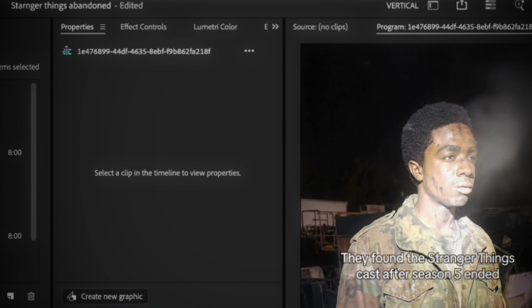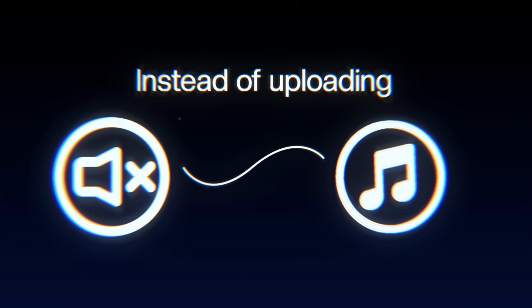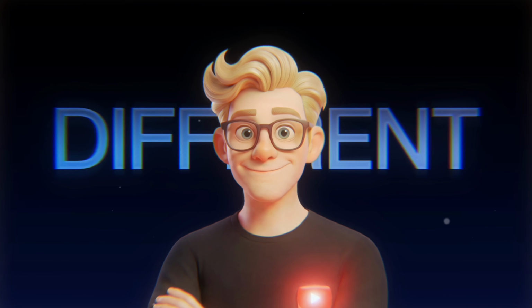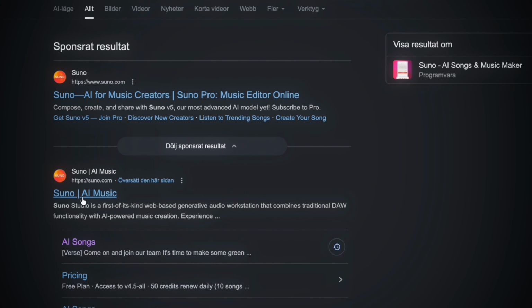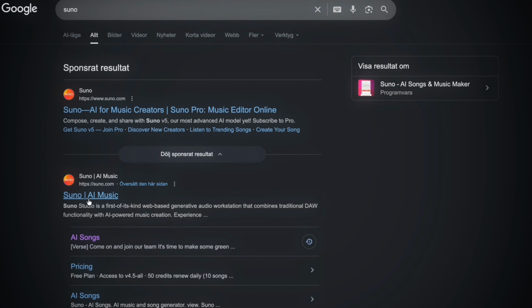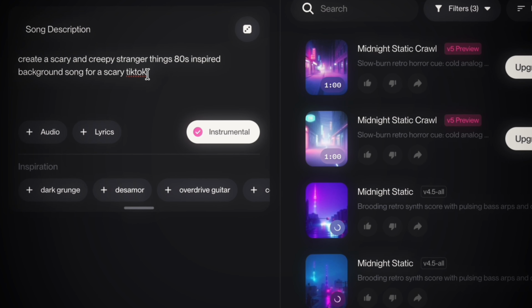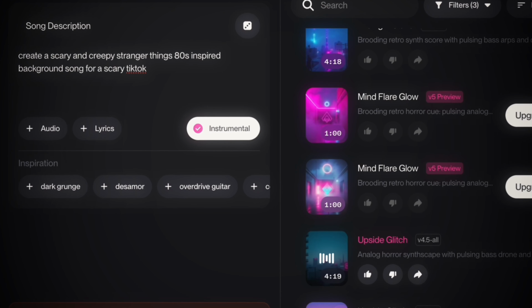Now let's take this a step further. Instead of uploading silent AI visuals and relying on the same overused TikTok songs, we're going to do something different. We'll add custom background music that actually fits this video, and we'll generate it ourselves using Suno AI. To create this, you want to head over to Suno and enter a prompt into this box describing the song you want to create. In this case, I'll write something like, "Create a scary and creepy Stranger Things 80s inspired background song for a